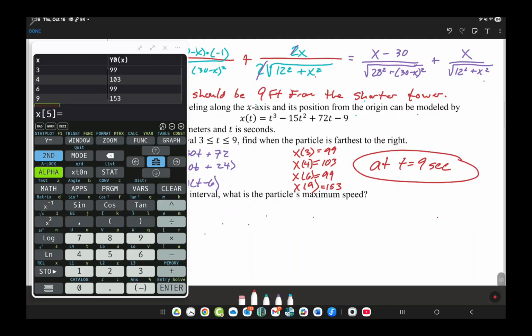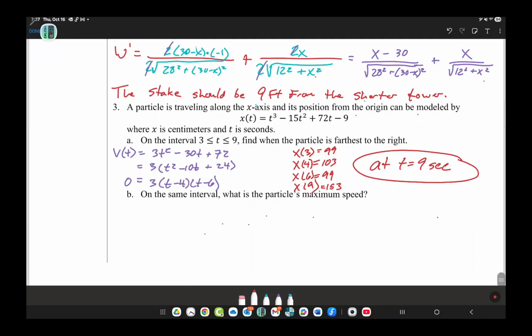Now, part B says on that same interval, what is the particle's maximum speed? Now, if you remember, speed is what? Absolute value of velocity. Okay, and if I want to find the max speed, I need to find the derivative of velocity. So v prime, or a of t, the acceleration, would be 6t minus 30, which gives you